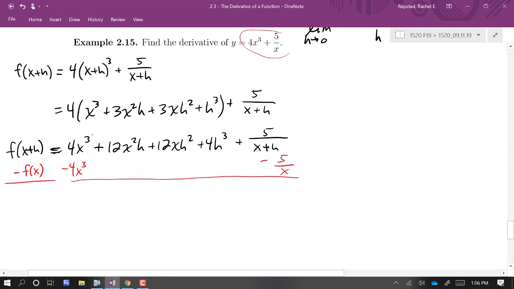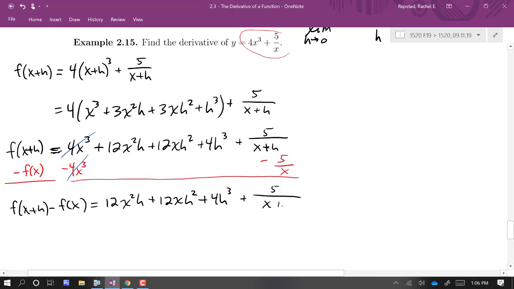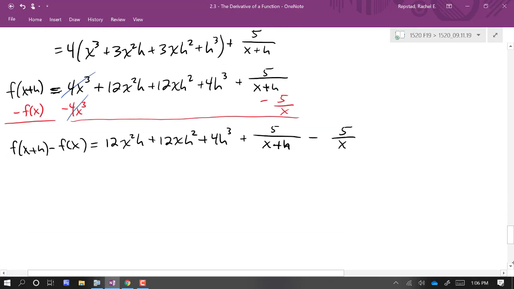It's just this 4x cubed that cancels. So we have some fractions involved,